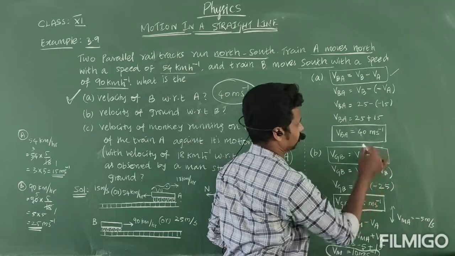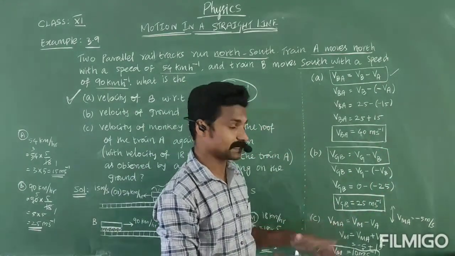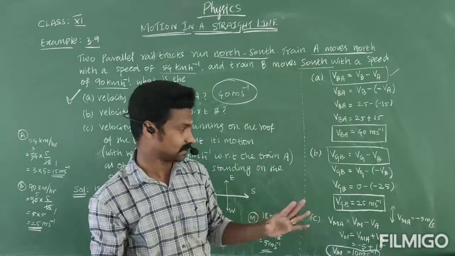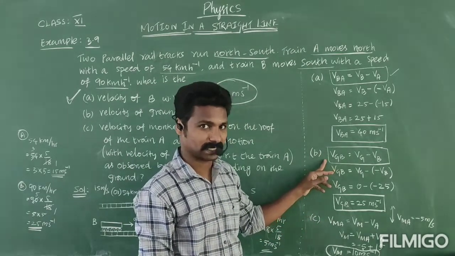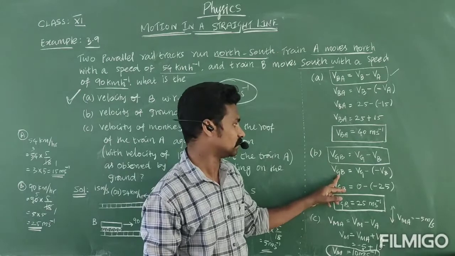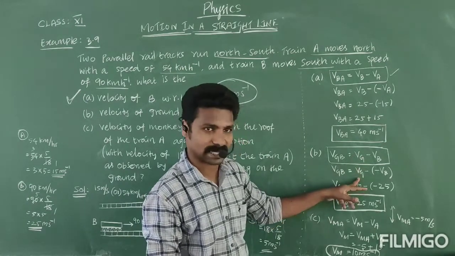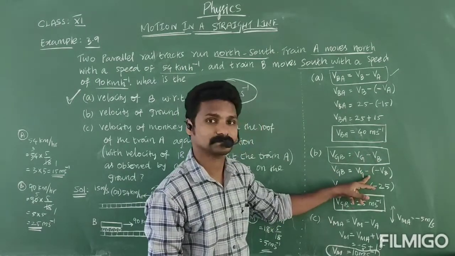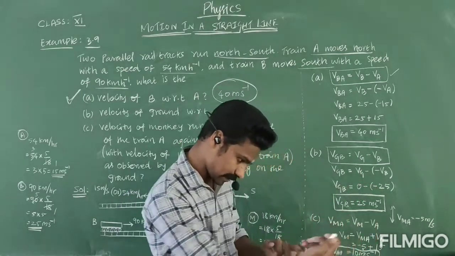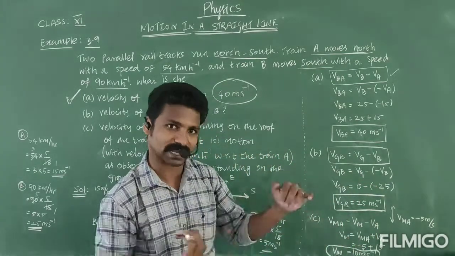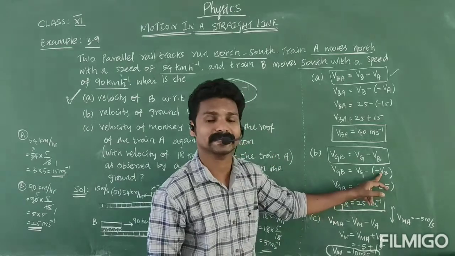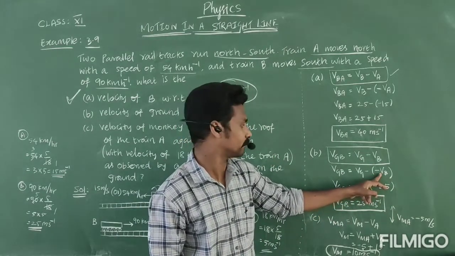Okay, it's a formula. Here I didn't mention whether it is moving in the opposite direction or like that. It's a common formula. Now let's apply. Velocity of ground with respect to B is equal to velocity of ground as usual, then minus, if you are moving forward, the ground will be moving backward. So you feel like that. So I can write minus of minus Vb.